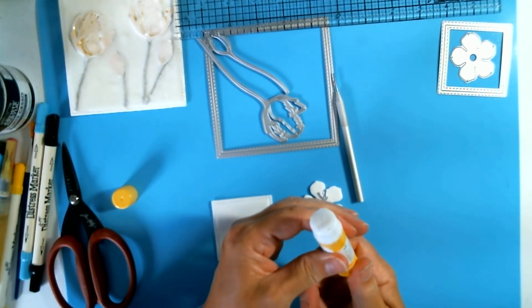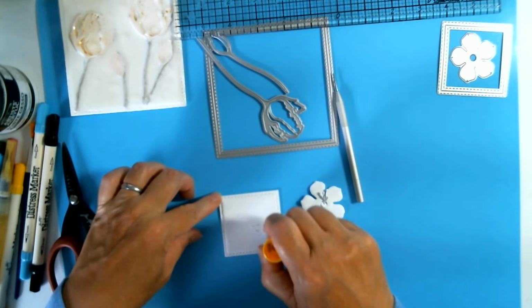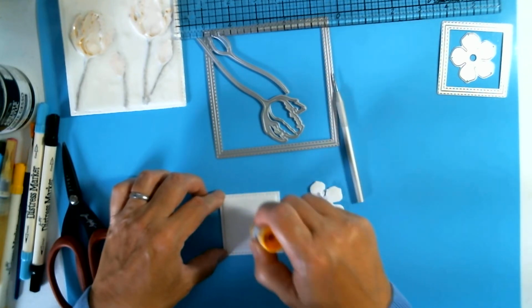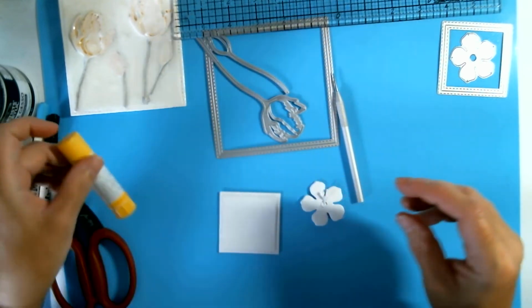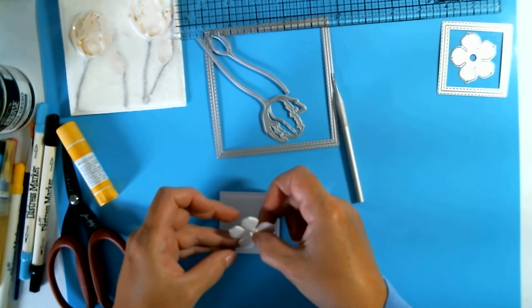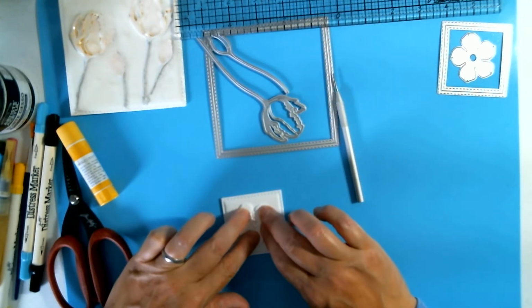So I'm going to get my glue stick, and it doesn't matter where I apply this because we're going to gesso over it, so any markings or stains that you get from your glue are going to be hidden. I'm now going to pick up my flower, and I quite like it in that position, and I'm going to pop it down,